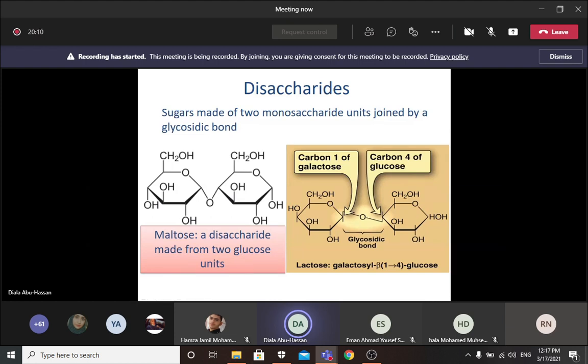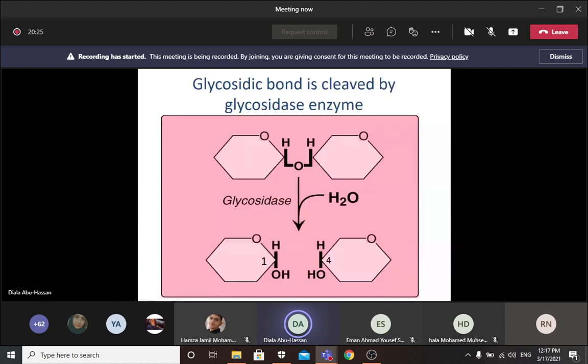So the linkage is of beta type. It is between a beta galactose and this glucose. So this is a beta 1,4 linkage in lactose. This glycosidic bond, of whatever type, is going to be hydrolyzed, so we need an H2O molecule to break down